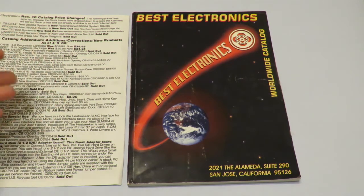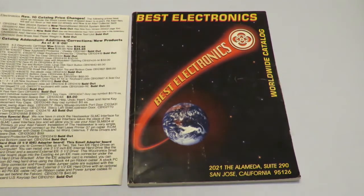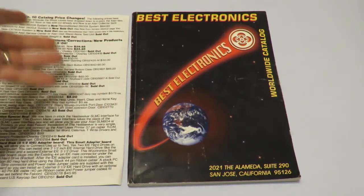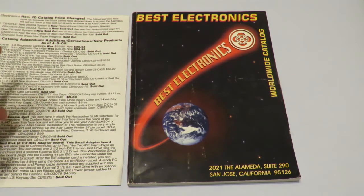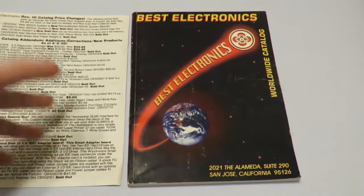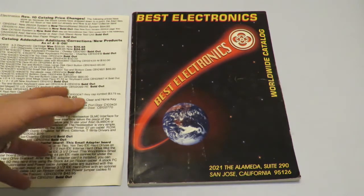Like I remember one time, this is probably about 1997, I got an envelope in the mail from Best Electronics, which wasn't unusual. They sent out updates pretty often. And this update was basically a list of 5200 games, and they found a crate in their warehouse that had some really rare 5200 games, which they were selling for between $10 and $15 each or something like that. And nowadays, they were some of the rarest games there were. And they were selling them cheaply. And I was